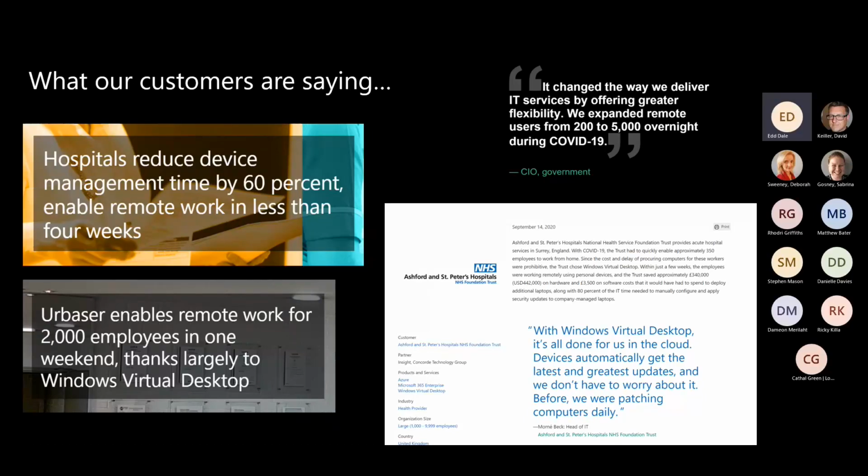Instead, they went to Azure Virtual Desktop. Within 24 hours, they were able to spin up virtual desktop environments for all 200 staff. And then they just told everyone to go home. Just go home and use whatever device you have at home, whether it's your personal laptop, desktop, iPad, Android tablet, it doesn't matter. Any internet enabled device that has a web browser, that's all it needed to be. And that's exactly what they did.